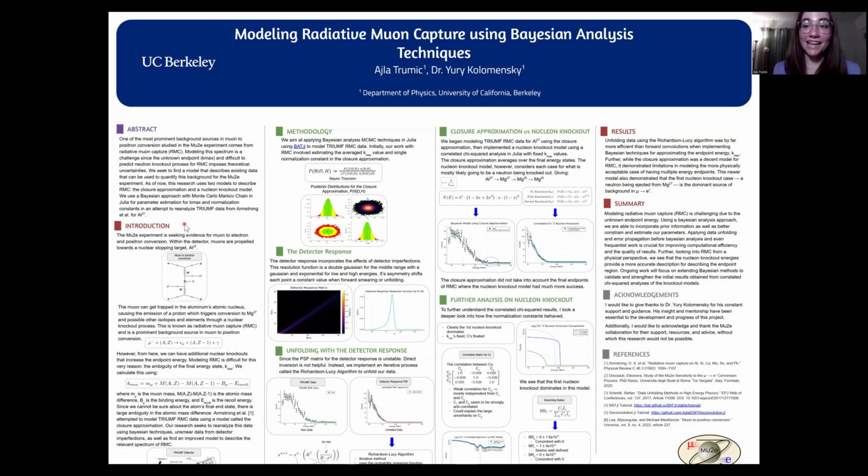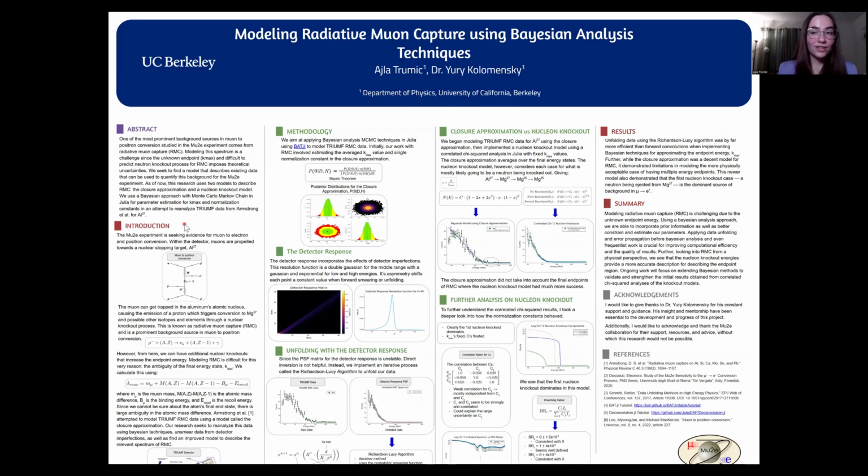Hi, my name's Isla, and today I'm going to be talking about my research in modeling radiated muon capture, or RMC, using Bayesian analysis techniques. So I'm part of the Mu2e experiment, which is an experiment looking for the very rare case of muon to electron or positron conversion. Now, my work is specifically dealing with mitigating and understanding background sources for these kinds of